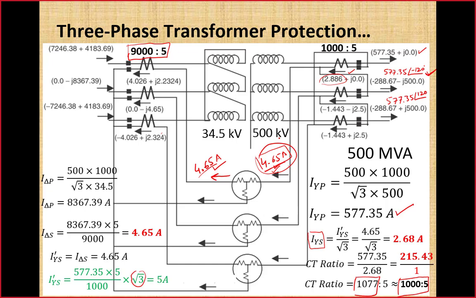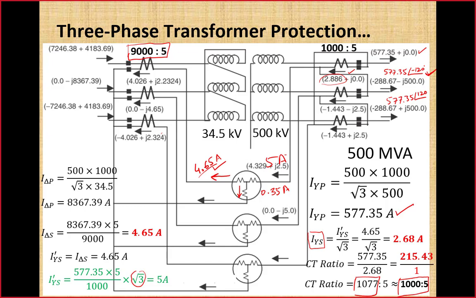So it means now here 5 ampere current is coming from this side and 4.65 ampere current is flowing onward. It means the rest of the current will take this path downward through the differential branch, and that difference is obviously 0.35 ampere. That is sufficiently high current for overcurrent differential, because overcurrent differential has a very simple setting, just a minimum pickup setting. But remember, the percentage differential can take care of this difference current.